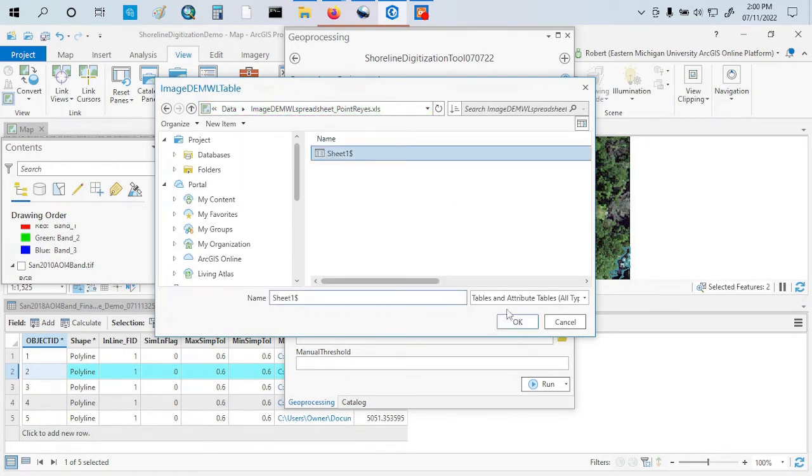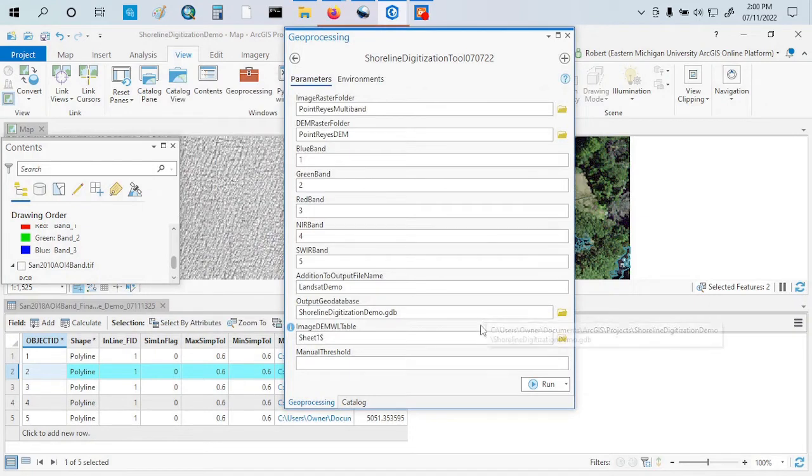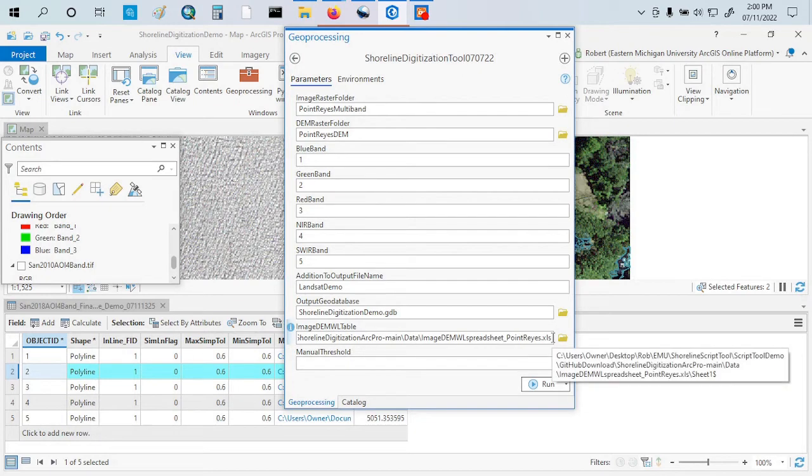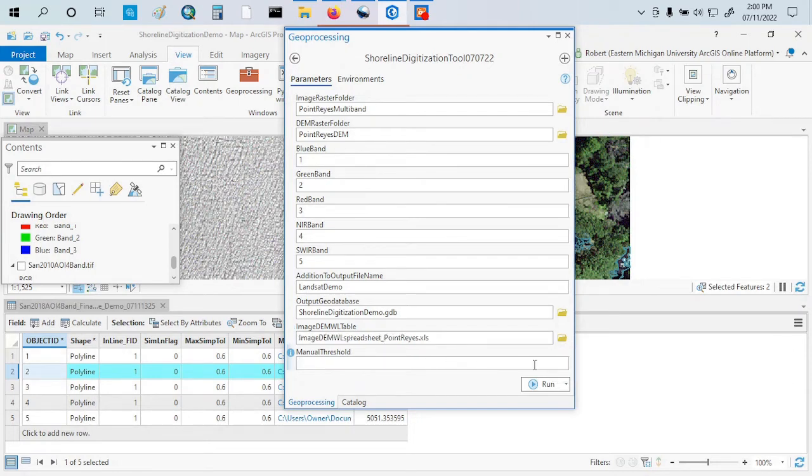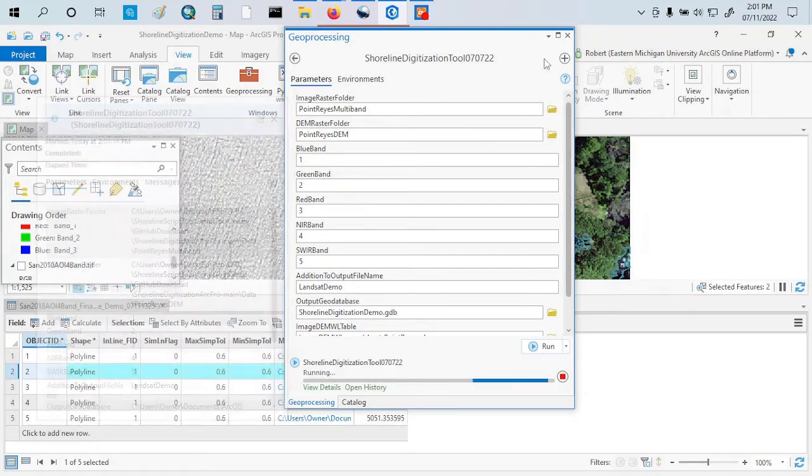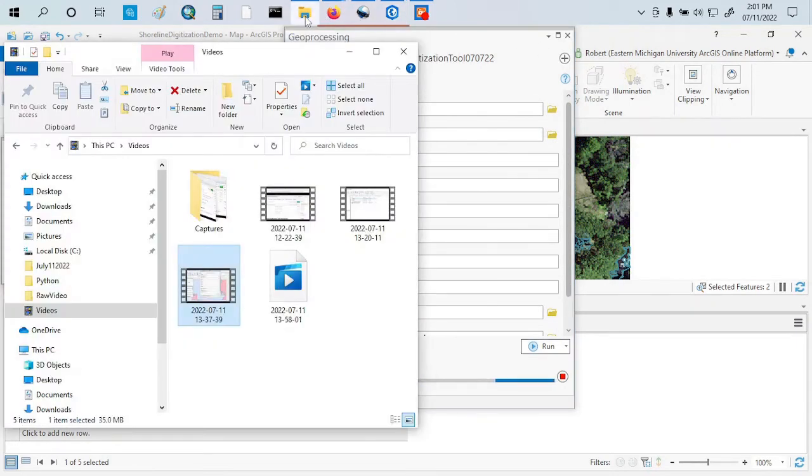For some reason, it makes us select a sheet, but that's not really the format that the tool wants it in, so I delete that sheet and just end with an XLS or XLSX file ending, and we'll do the same threshold we did before. And actually, I'll go ahead and get that running, but then we'll look over,